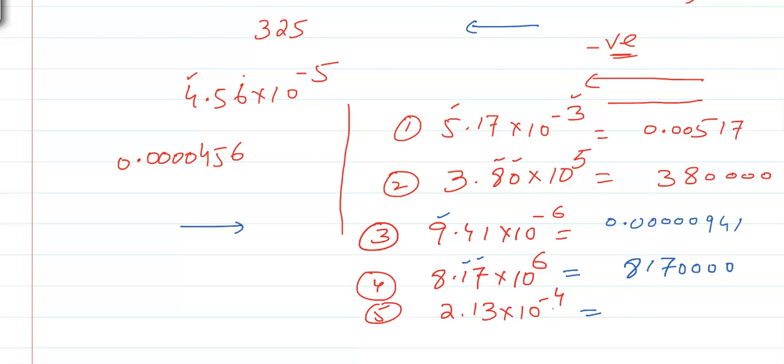So the remaining 3 digits, but as the power is negative, you will move from right to the left. So 3 more zeros, 1, 2, 3, and then 2, 1, 3. So the point here. 0.000213. Okay. Now, quickly, I would like all of you please